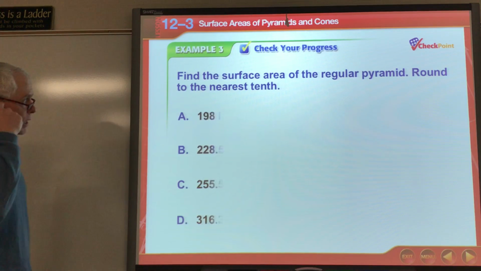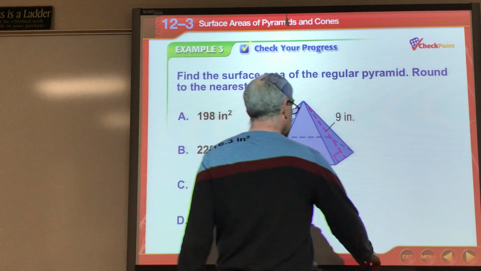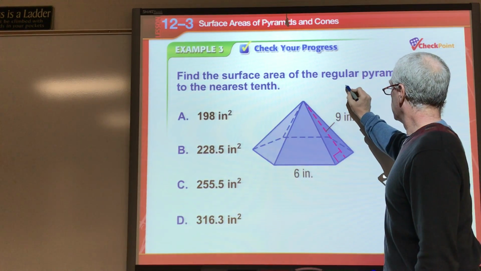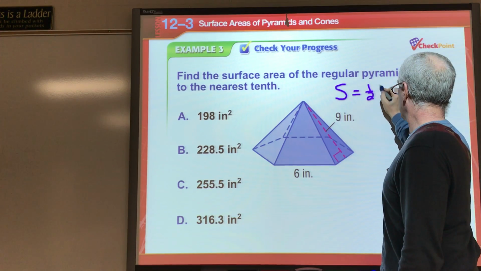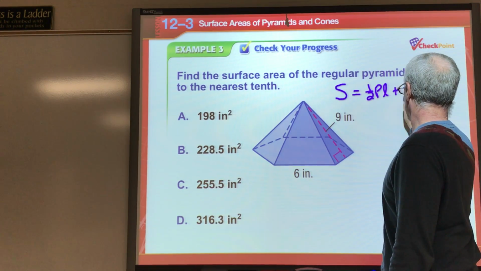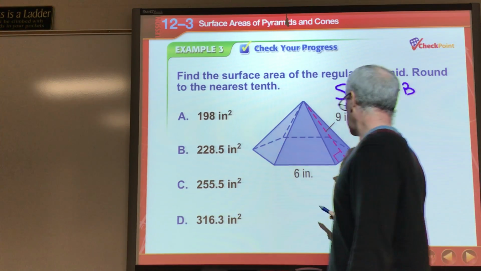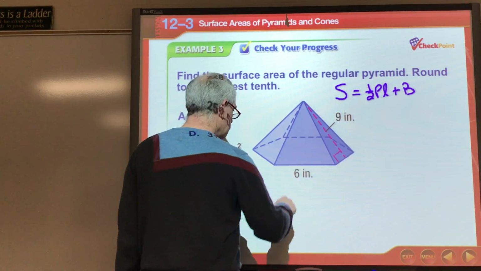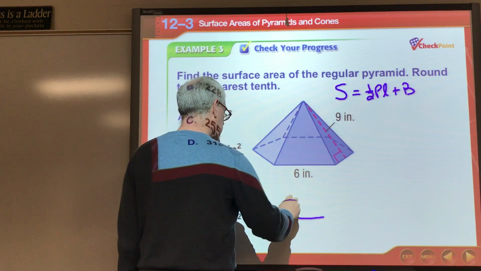Okay, why don't you guys try one? Same kind of thing. It looks like we've got a hexagon for a base. So I'm going to write the formula up here. Surface area is equal to 1/2 PL plus B. And then I'm going to do some work off to the side here. So let's take a look at that hexagon for a second. So if I put one side down here,